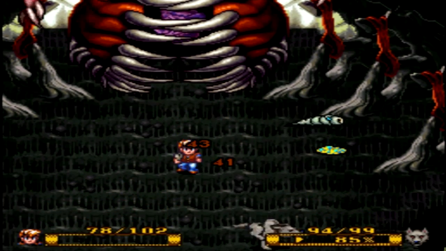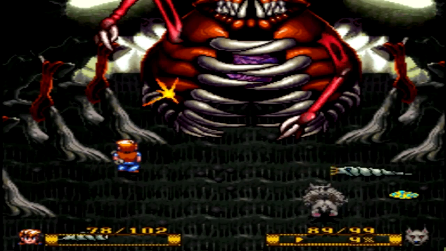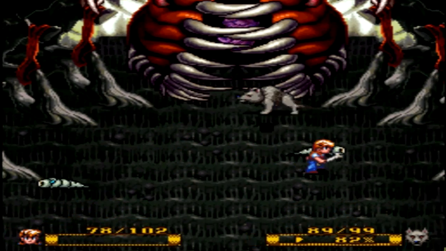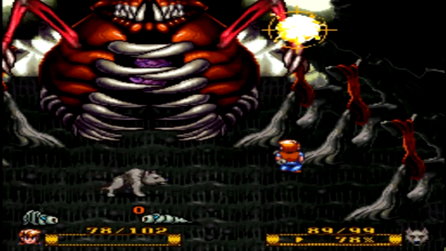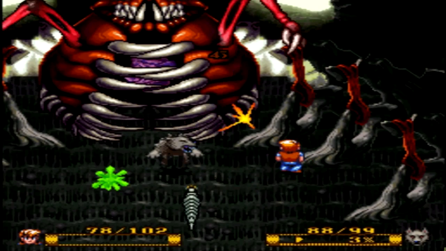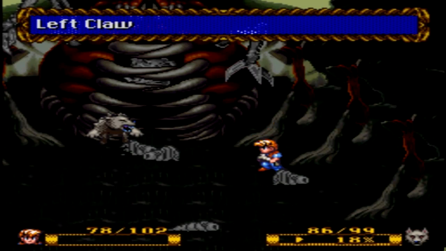Now, in Secret of Mana, as many of you know, you could chain magic. And it turns out in this game you can too. If you switch to the dog, you can actually cast it repeatedly with the boy through the X button command, which is interesting. I might try to demonstrate that at some point. I'm not sure